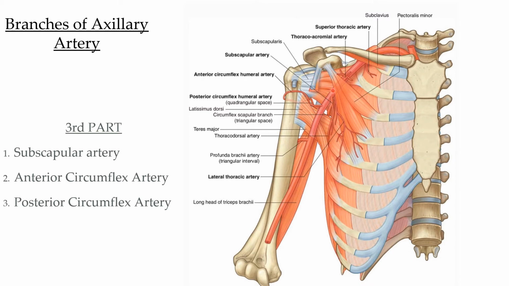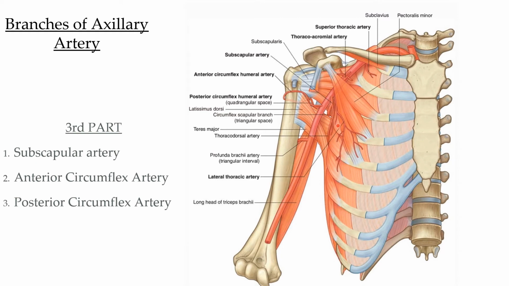The third part of the axillary artery gives off a branch which is called the subscapular artery. The subscapular artery is the largest branch of the axillary artery. It arises from the third part of the axillary artery near the lower border of subscapularis muscle. After taking origin, it descends parallel to the inferior border of the subscapularis muscle in order to reach the